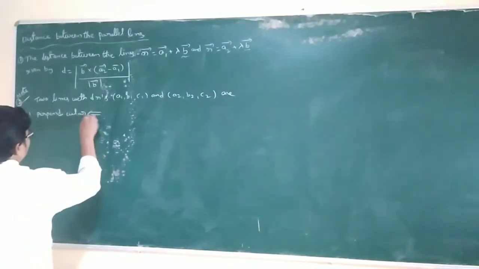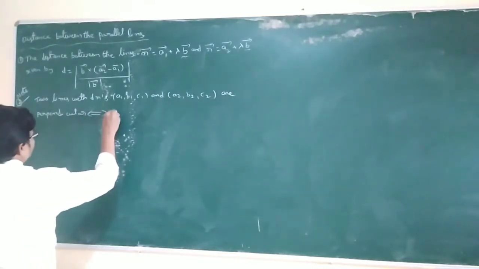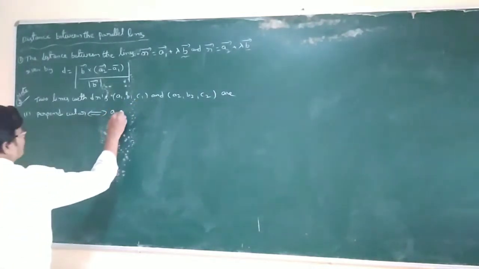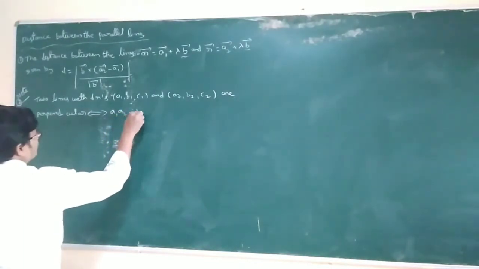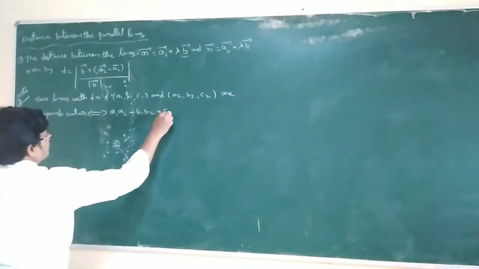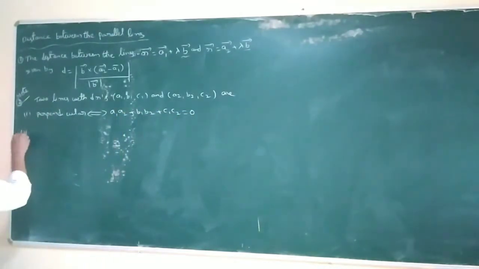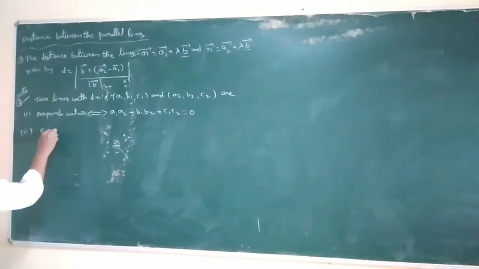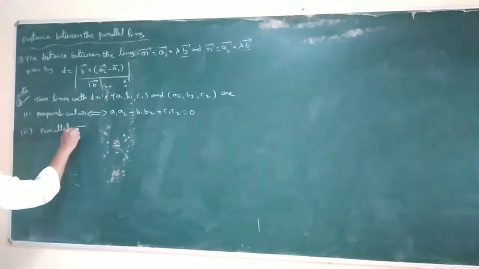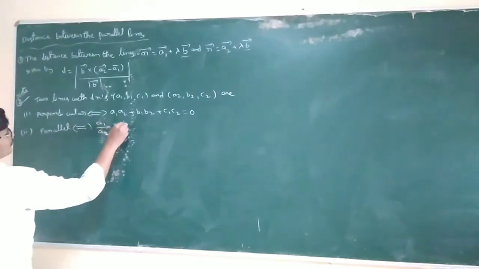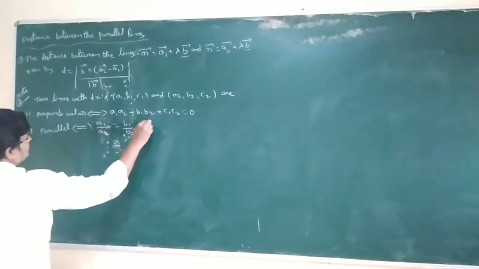Perpendicular means the direction ratios of the two lines give the formula A1 A2 plus B1 B2 plus C1 C2 is equal to 0. So parallel: these two lines are parallel if and only if A1 by A2 is equal to B1 by B2 is equal